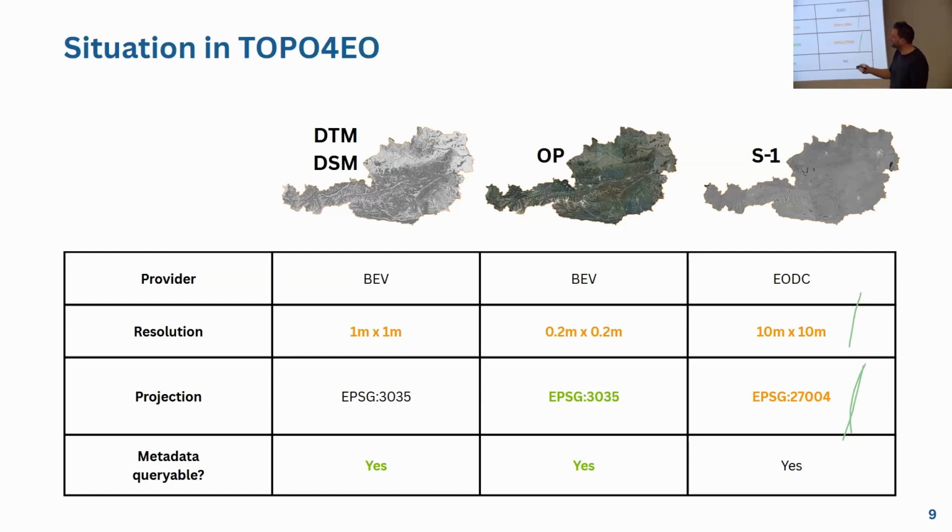And lastly, we obviously have to address the topic of the different spatial resolutions. If you really want to combine the orthophoto and the DTM, we need to bring them to the same resolution. But obviously, saying, okay, because of our use case we are going from 20 centimeters to 1 meter, that's just our use case, and we would lose information, and other users want to have the highest resolution. So we are not saying that we change that permanently, but we want to provide auxiliary data and functions and tools that allow users with a slightly different use case to properly do that,